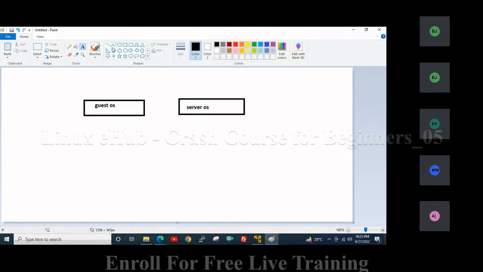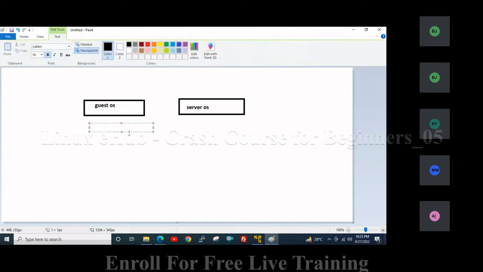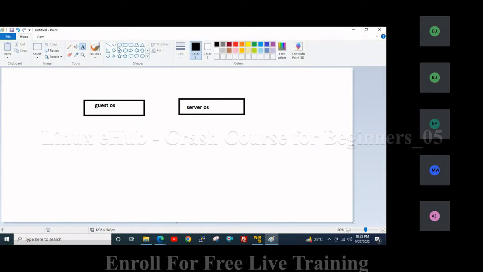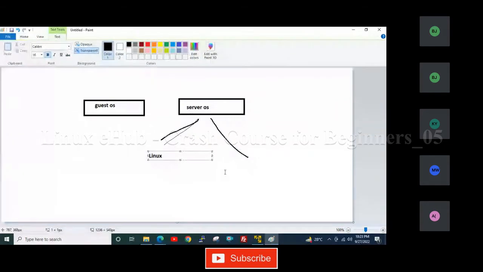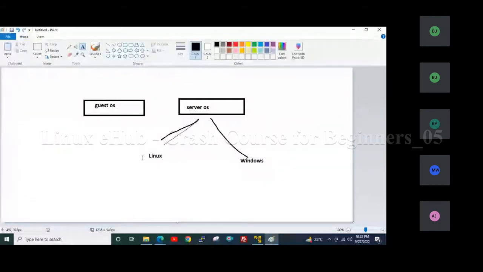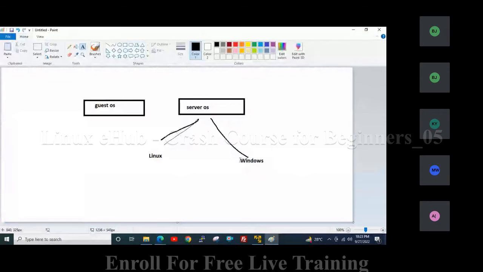Okay. So in case of client operating system or workstation operating system, they are Windows 10, Windows 7, Windows 11, like this. But in case of server, it is divided into two types. One is Linux, another is Windows. So in Windows operating system or Windows server,